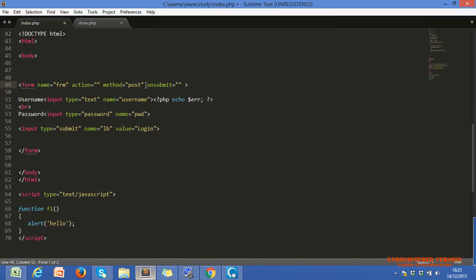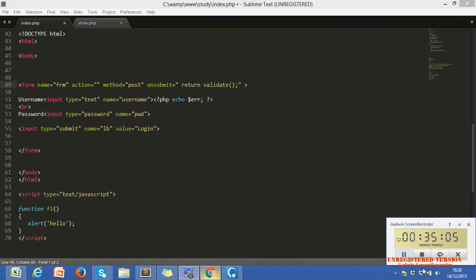We are calling validate before submitting our form. One second, I have to write validate and a return type. We already saw the return type function.